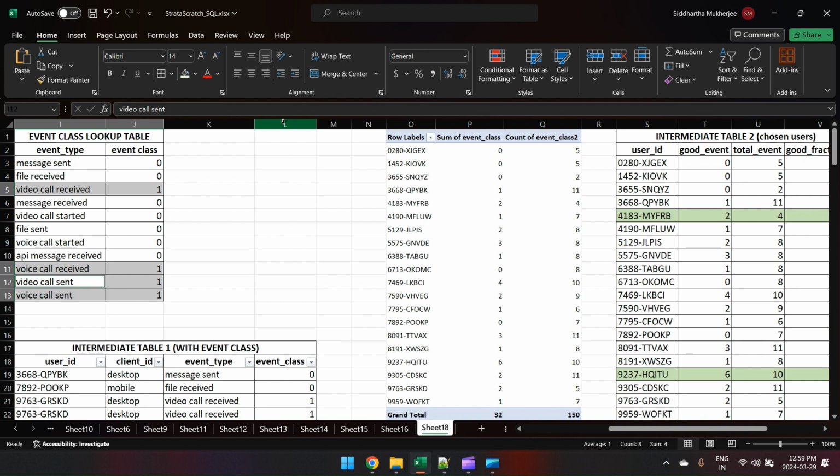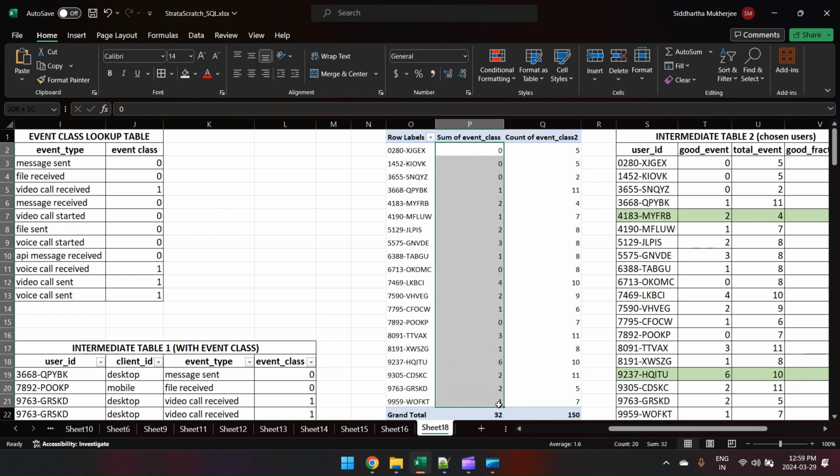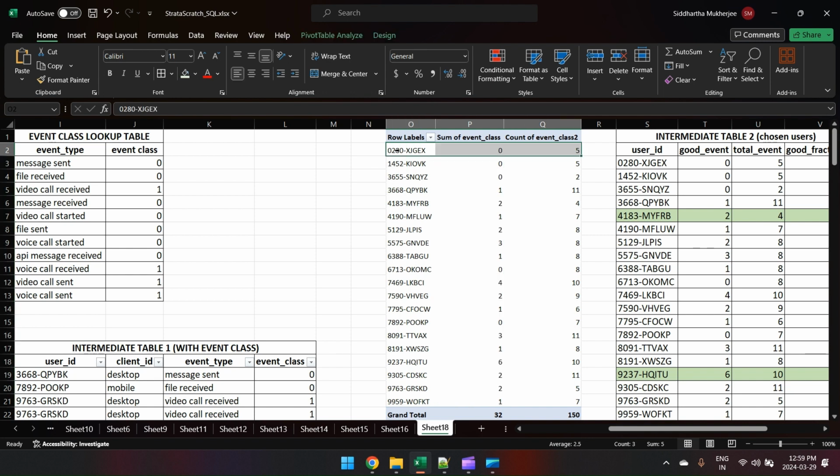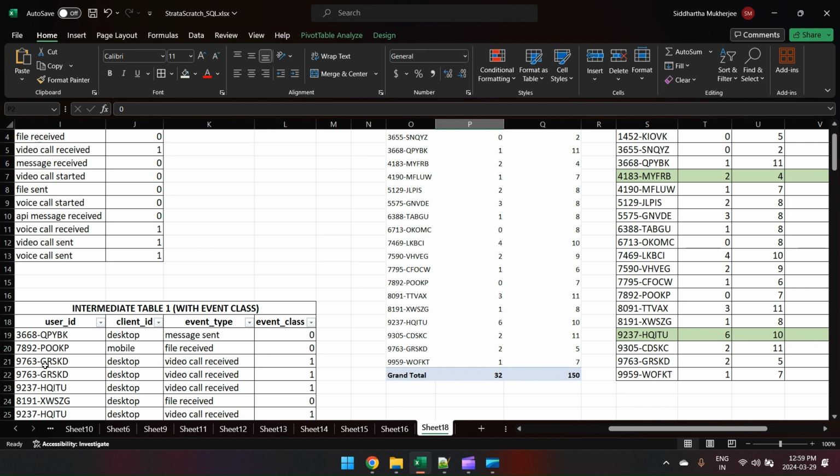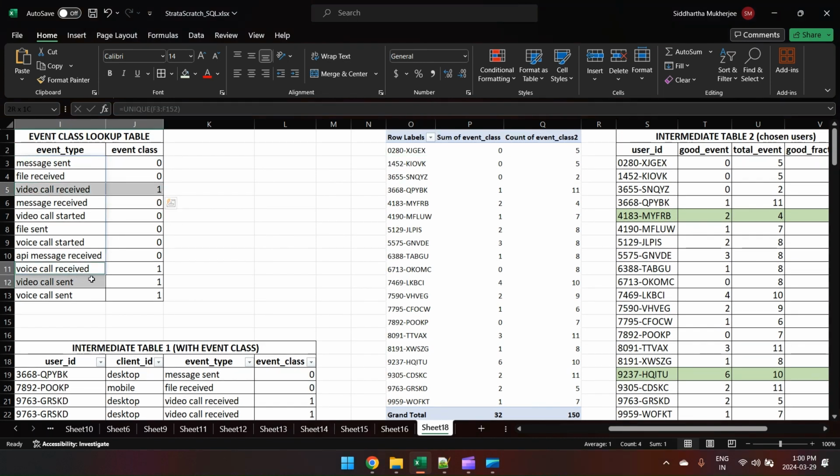So now I think the reason for introducing this event class column is clear. It makes performing this simple arithmetic very easy. To find the total number of rows on which a particular user ID appears, you simply take a count of all the events. So count includes both event class 0 as well as event class 1. So this will give you the total number of times this particular user ID appears in the fact_events table. The sum of the event class will only count the number of times a particular user ID appears in the fact_events table where the event type belongs to one of the four events